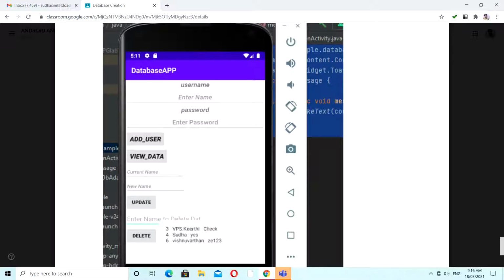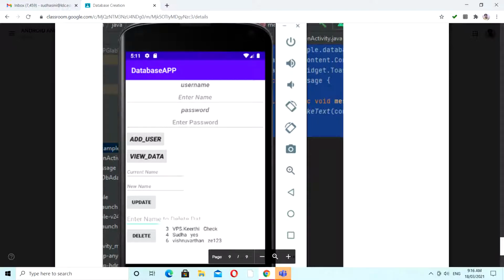If you want to enter another piece of data, again you enter the name and password and click add user. Finally, if you view the data, everything you have stored within your database will be shown by way of a toast.